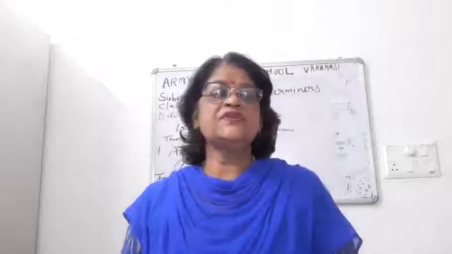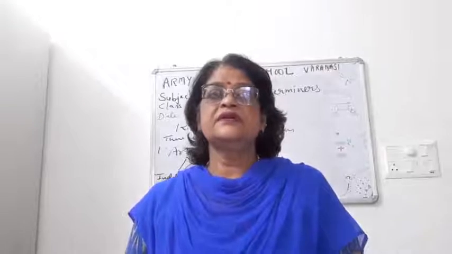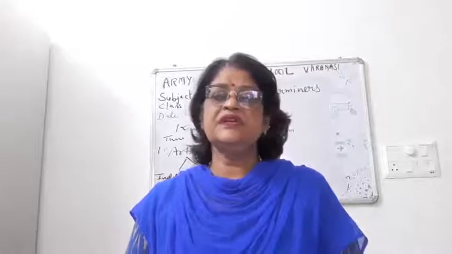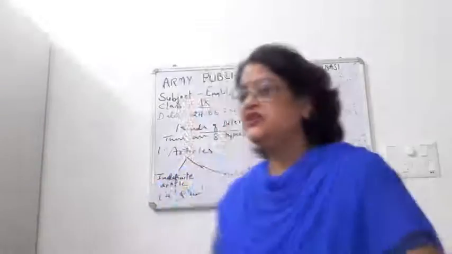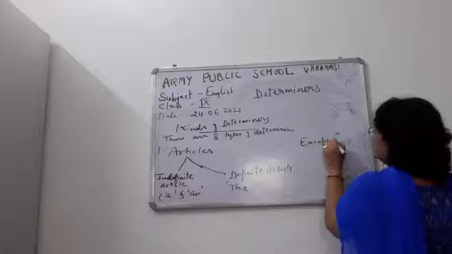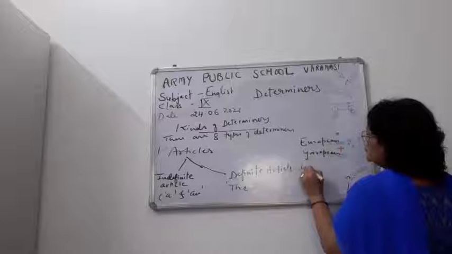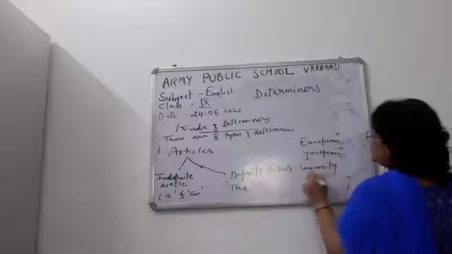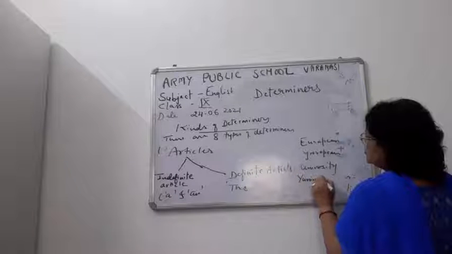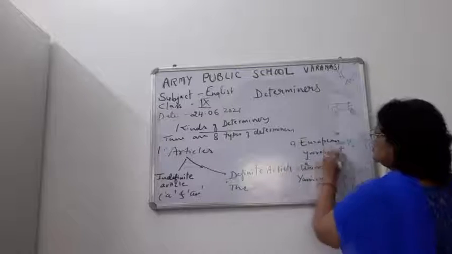Children, sometimes we observe that the word starts with a vowel letter, like European. It is starting with a consonant sound, so we write a European, because actually it starts with the sound 'yu'. And university. This is starting with the same sound. So, children, we will write a university, a European here.